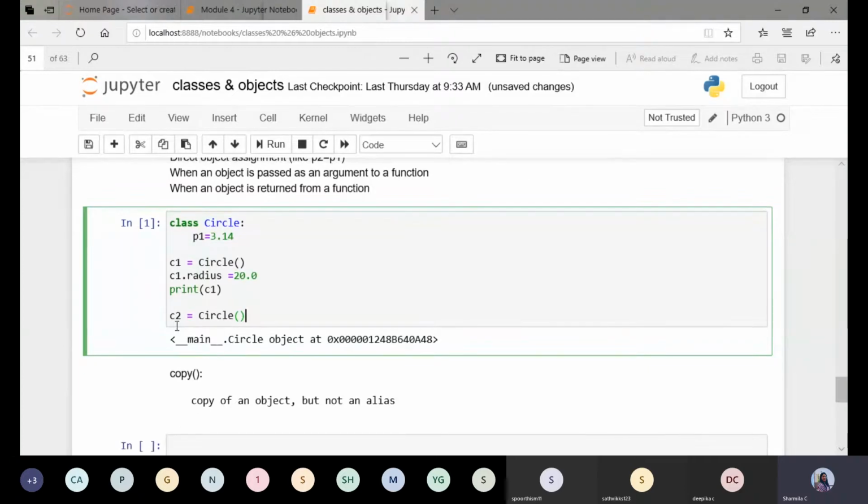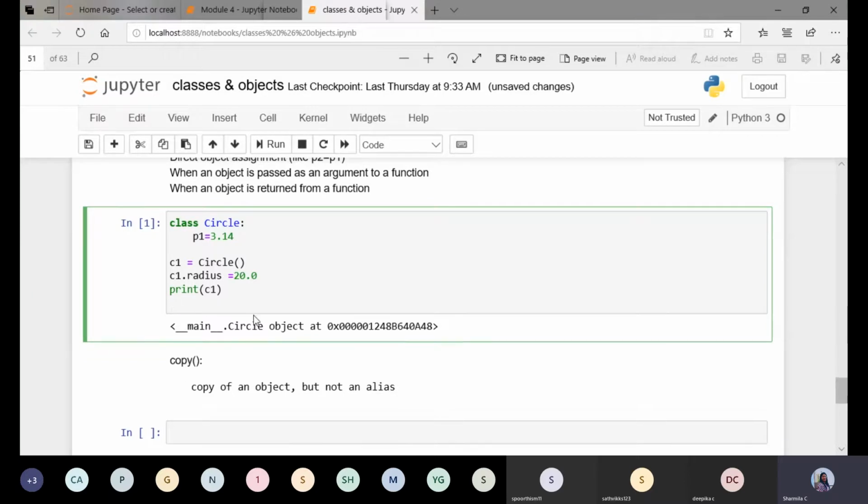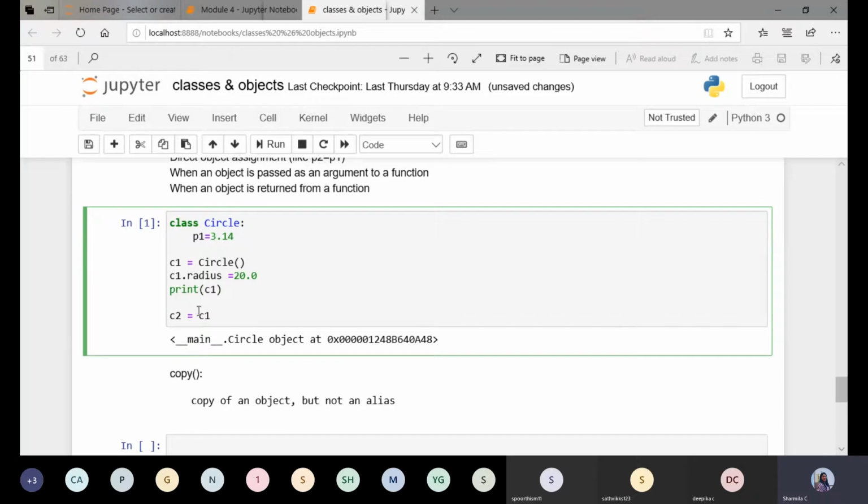Instead of saying C2 equals Circle and creating a new instance, just create C2 from C1. So I'm using an assignment operator, copying C1 to C2.